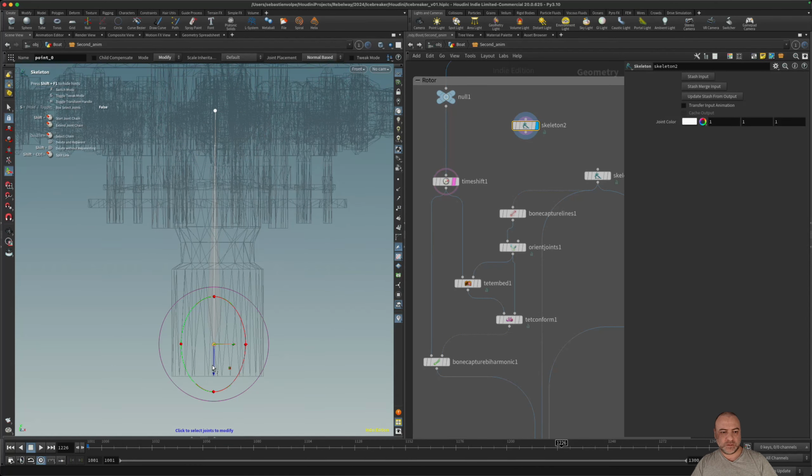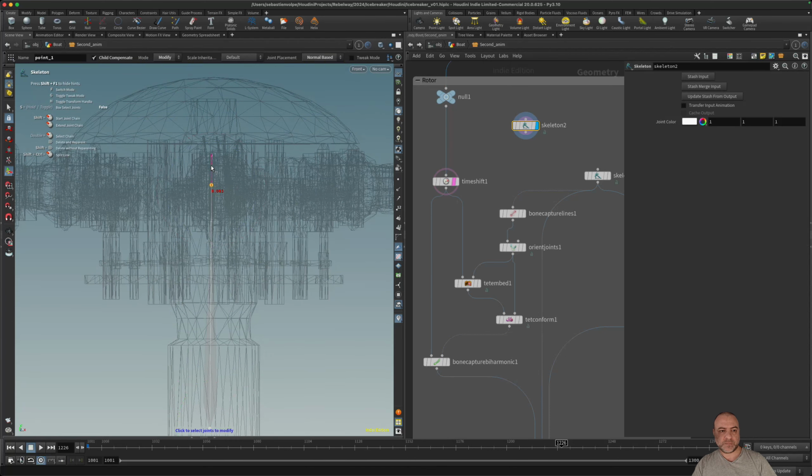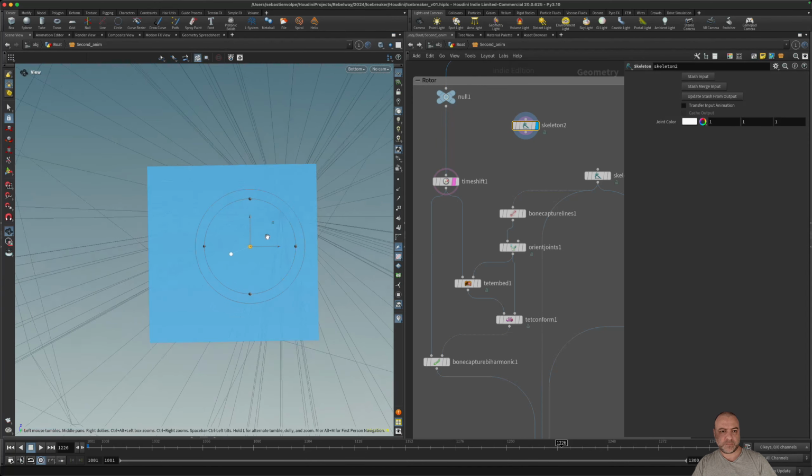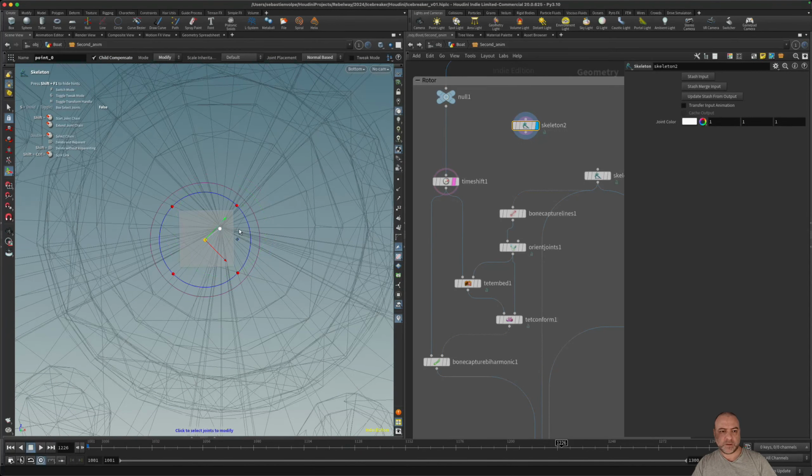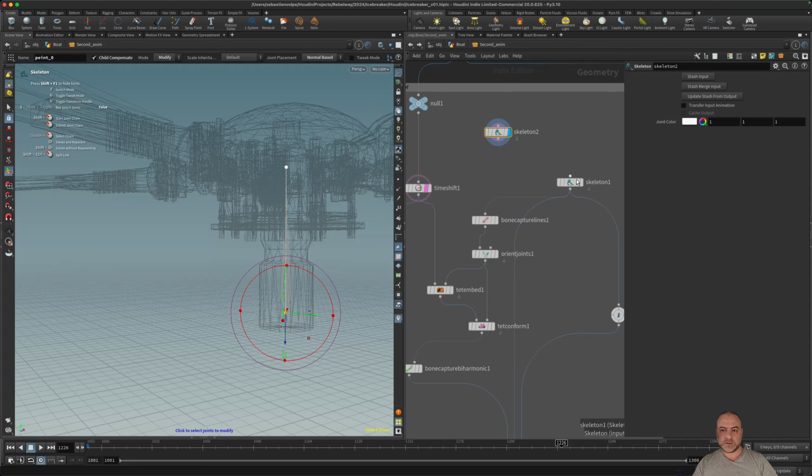So now if I move all bones, I move the bottom and the tip. I can check child compensate, and now I move only this point. If I'm looking for the bottom, I can place the point here, and it's okay. And now we get the same skeleton here. This is what I've done.